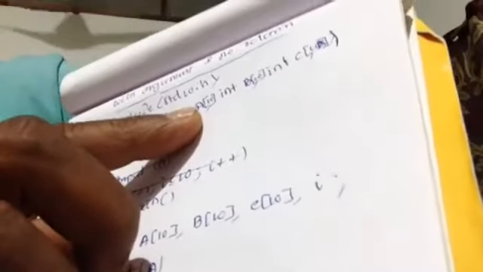This is a one dimensional array A of 10. Then B one dimensional and C one dimensional, means one dimensional array having 10 elements. It's clear. A, B, and C are visible. So whatever is within the bracket, these are all arguments. And this is function with argument and no return.